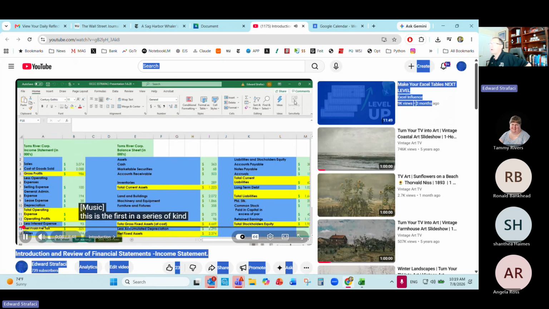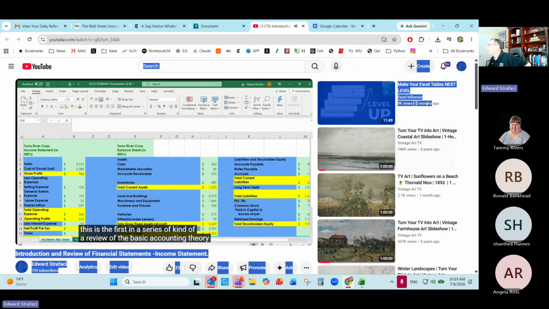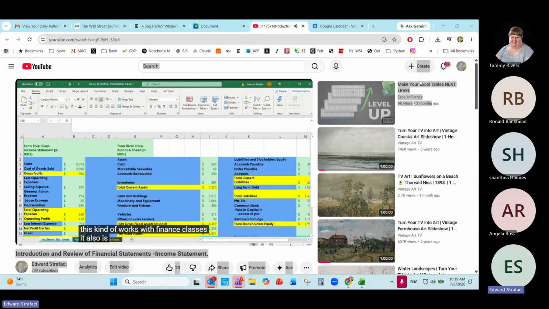All right. This is a review of the basic accounting theory. It works with finance classes, and it also is very helpful if you're an accounting major. Either way, it's really helpful. As I have degrees in accounting, economics, and finance, and I teach statistics, I try to bring it all together and present it in one format. So I've created this fictional company, Tom's River Corp, and there will be 3 or 4 parts to this series, because